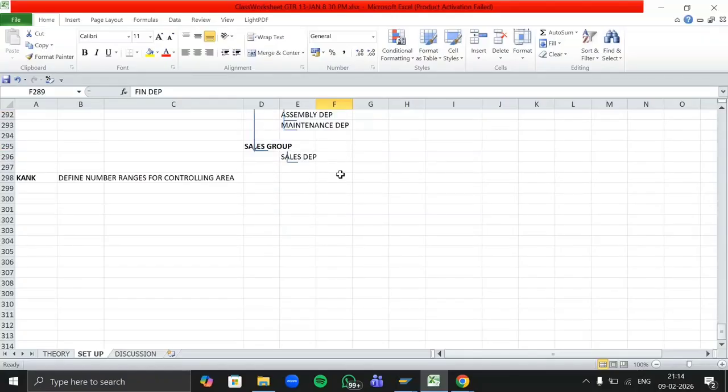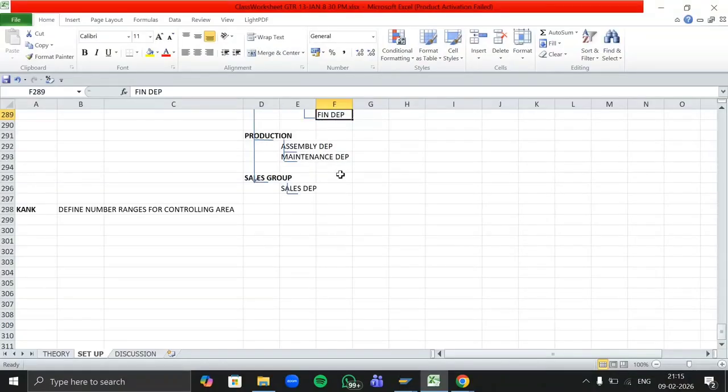But when it comes to an internal order, the system will generate one order number. It will be a numeric number. So from where will we get this numeric number? From the number ranges which we assign to our controlling area. In the same way, it applies to the cost center also. If you need to give any unique number to your cost center instead of a name, from where will these unique numbers come? From the number ranges which we assign to our controlling area.